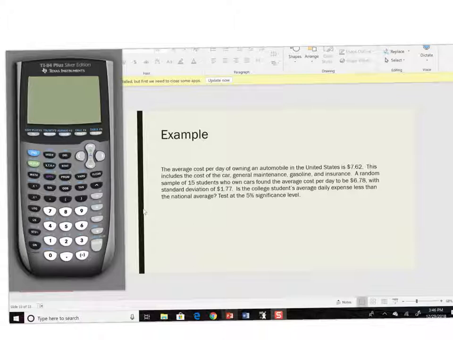A random sample of 15 students who own cars found the average cost per day to be $6.78, the standard deviation of $1.77. Is the college student's average daily expense less than the national average? Test at the 5% significance level. So in order to do this, we're going to use our calculators. In our calculator, we're going to find the